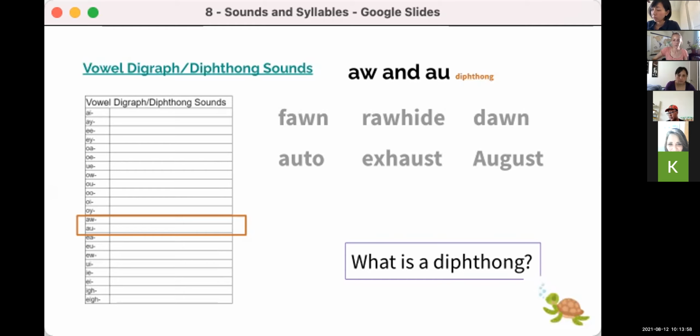AW and AU are the spellings that create another diphthong. This is kind of a unique vowel sound created by those two vowels coming together. In this way, I guess W is kind of acting like another vowel. It totally changes the sound of that letter A. So the AW and AU spellings create the same sound,